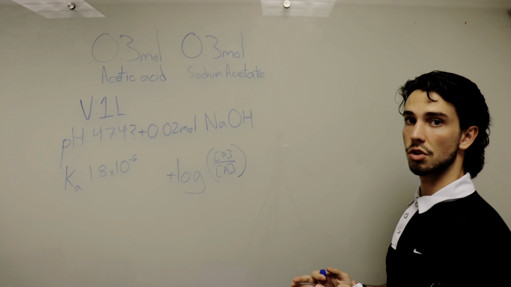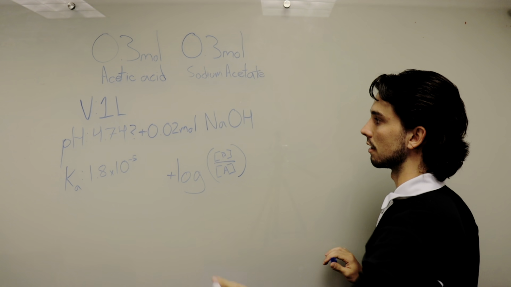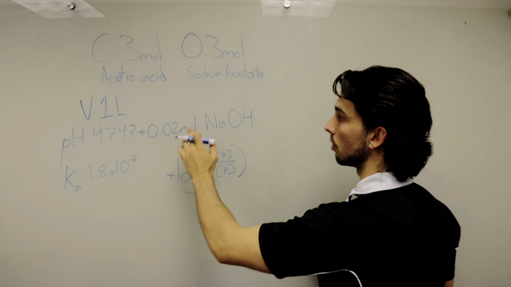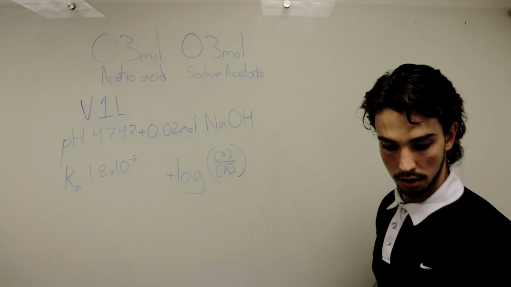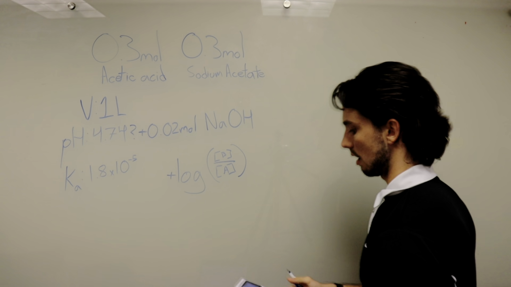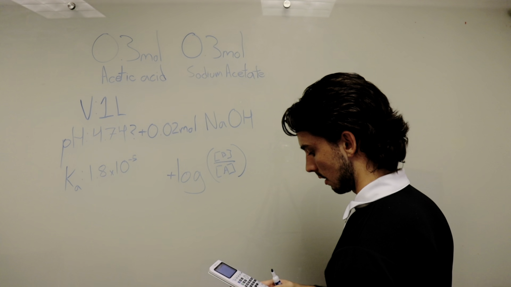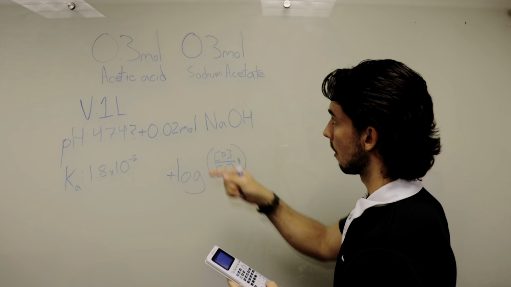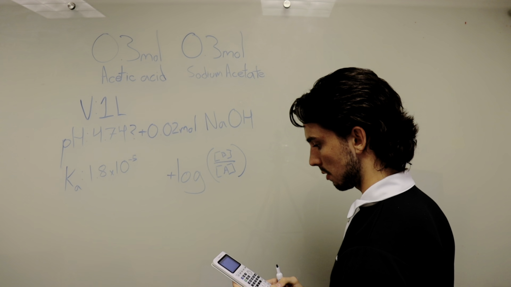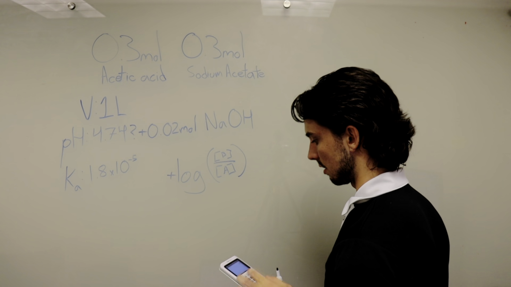And the same thing is switched around. If we were adding an acid, we would add this amount to the acid and take it away from the base. So here, since we have a base that we're adding to this solution, let's subtract it from our acid. So if we take 0.3 minus 0.02,